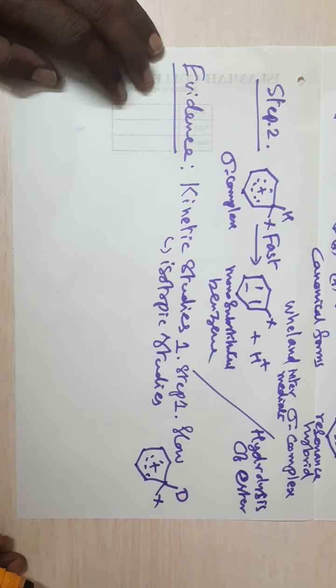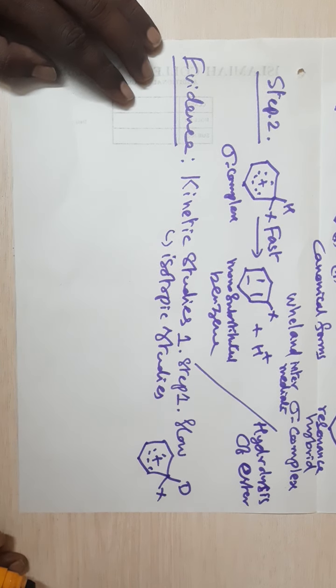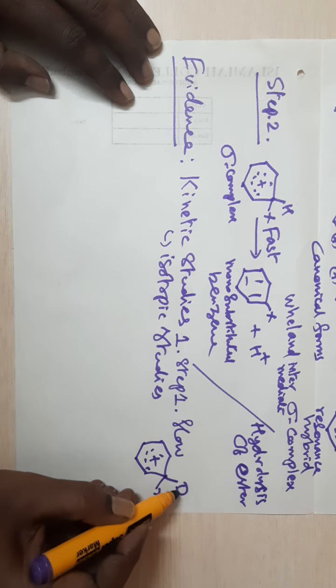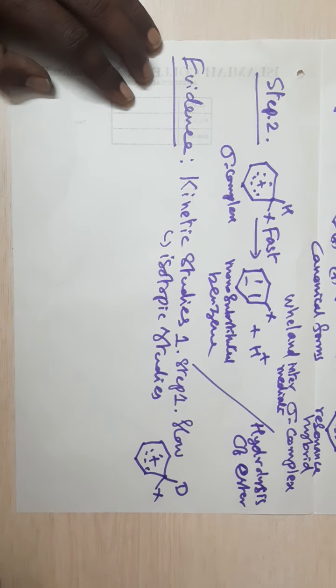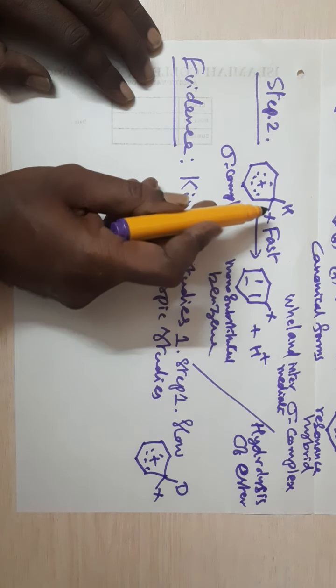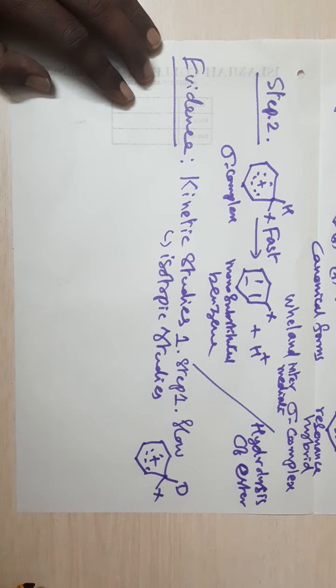All the 6 protons can be replaced by deuterium. All the 6 hydrogens of benzene can be replaced by deuterium, giving hexadeuteriated benzene. Here you have a deuterium atom in the place of hydrogen, so the mass differs. That is the difference between the isotopes. What are isotopes? Isotopes are elements with the same atomic number, but a different mass number. So the isotopic nuclei differ by mass. So in the place of hydrogen, if we have deuterium, then what happens?